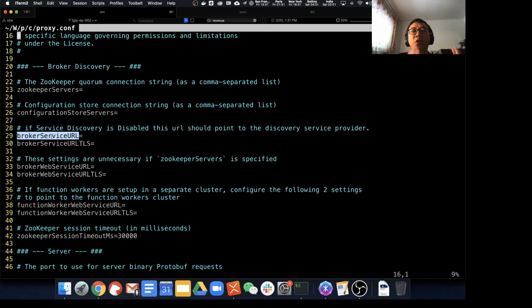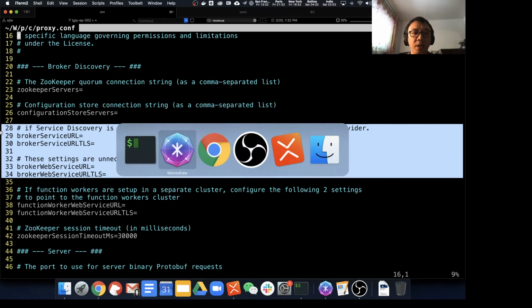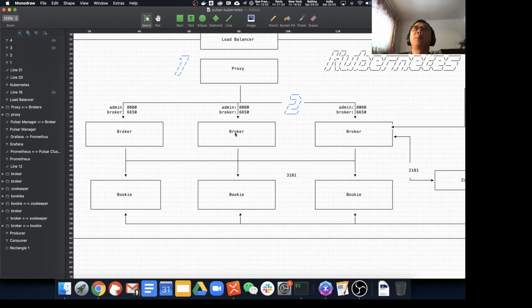Because in most cases, what the proxy needs is to do topic lookup, and for topic lookup you just need a broker service URL, and any broker can serve the topic lookup request. So some of the users would ask, what is the preferred way to configure the broker discovery? In a lot of cases, I would suggest going with the broker service URL approach. Why? The first thing is, when you deploy brokers on Kubernetes, you will give